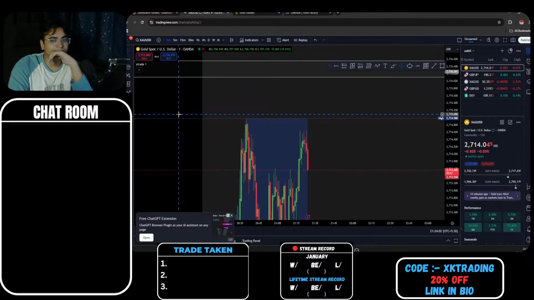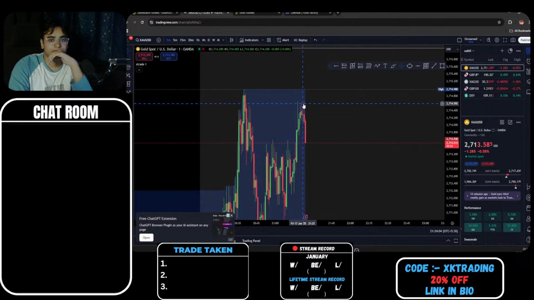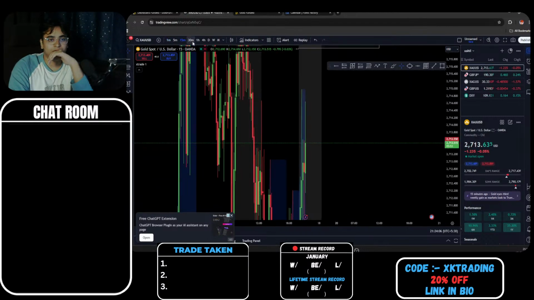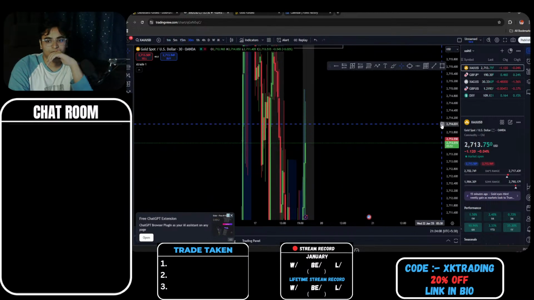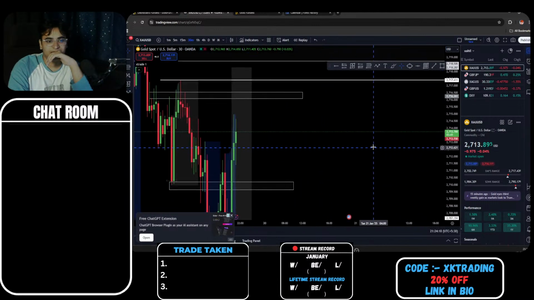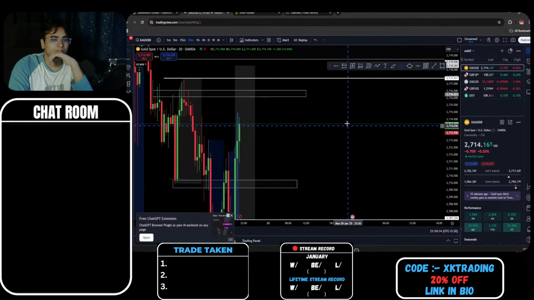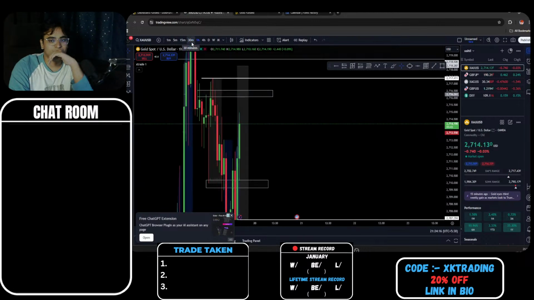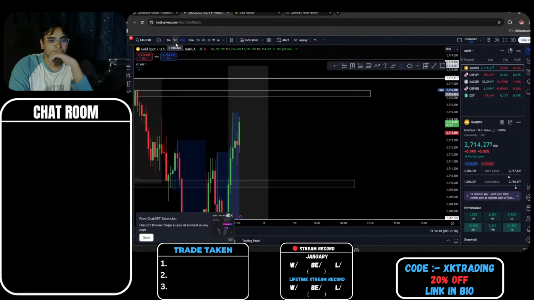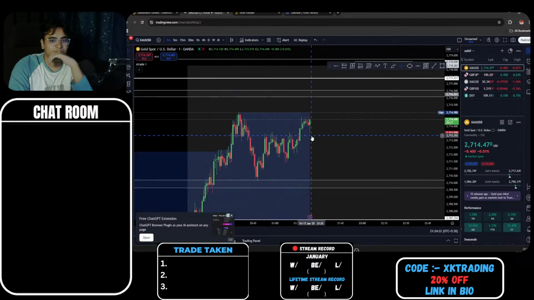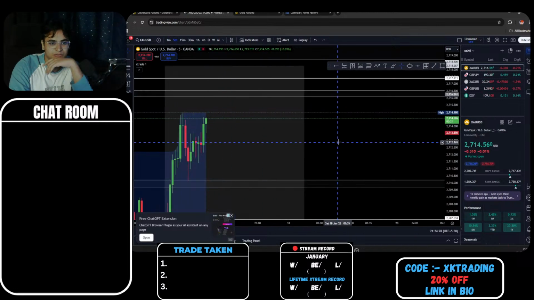Ooh, look at that. So we are rejecting here now. That means the 30-minute candle is closing in not a good way, but at the same time, the 1 hour is. Wait a second, we came back to that area again. Is the 1 minute playing with us? Oh, I forgot that was a 1 minute candle. I thought I was on a 5 minute time frame.